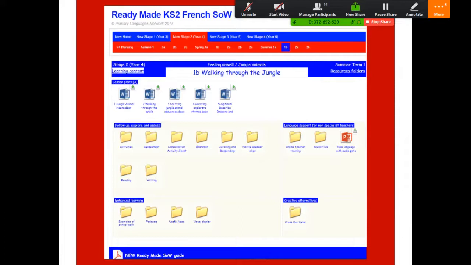So for network members who are listening tonight or listening later, you'll be quite familiar with this page. And for those who aren't, we probably will show you at the end quickly the VLE so you can see where you would go and just how much there is available to you as a teacher to support you in your planning and delivering of the lessons.